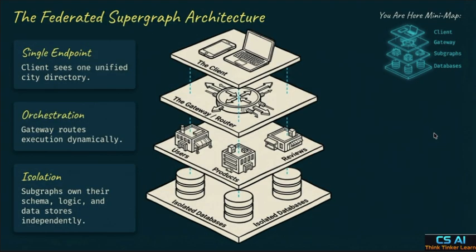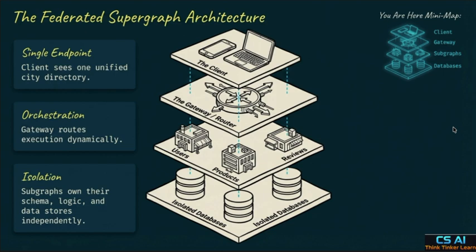The federated supergraph architecture introduces three core layers. The gateway or router acts as a single entry point, providing a unified city directory to the client. Below that is orchestration, where the gateway dynamically routes execution to specific subgraphs. Each subgraph owns its own schema, logic, and isolated database. This provides true isolation. The product team and the reviews team can deploy code independently without ever stepping on